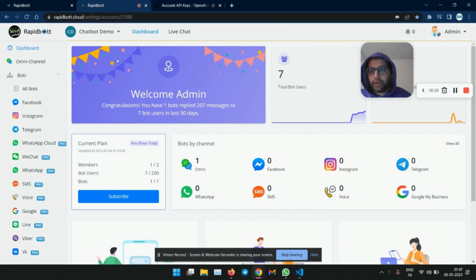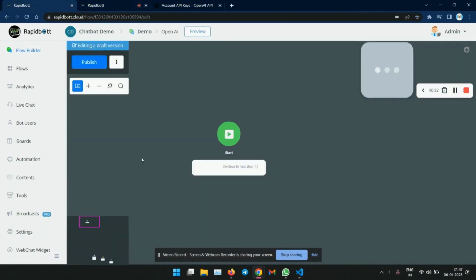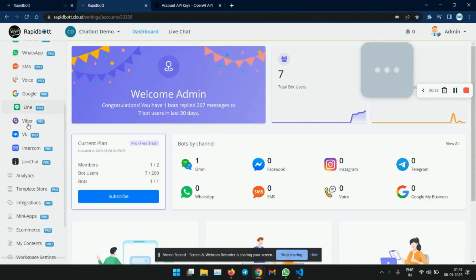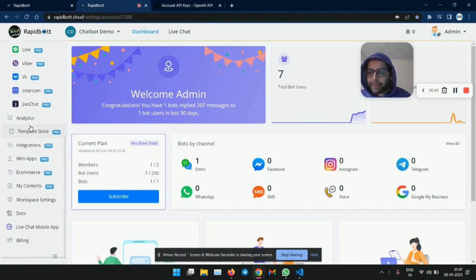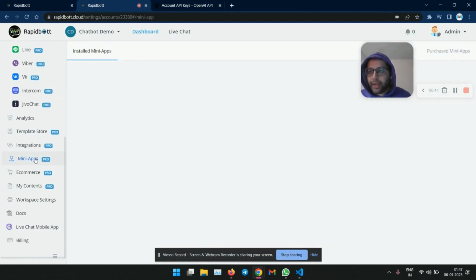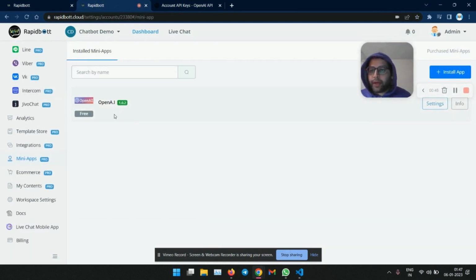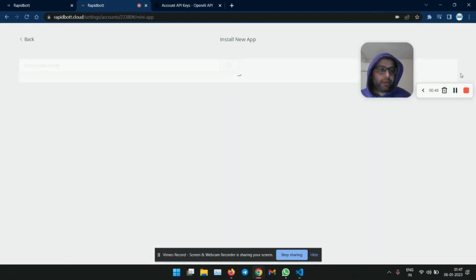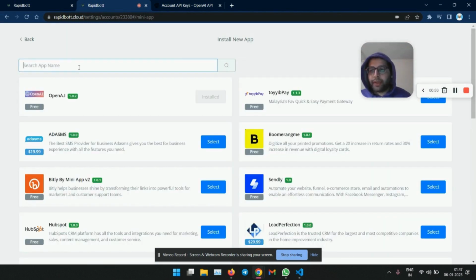So once you're done that, you need to come back to the dashboard and create a new chatbot. I already have set one up, so I'll go into this and we can start working on it. But before doing all that, we need to install the OpenAI app from Mini Apps. So scroll all the way down here and go to Mini Apps. We already have an OpenAI app installed, so basically we need to go to Install App and search for